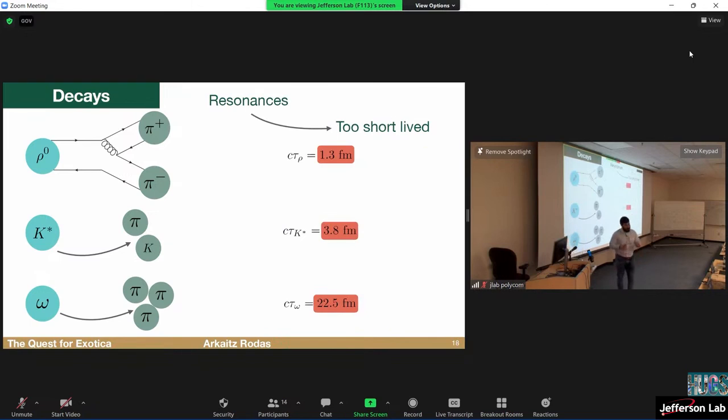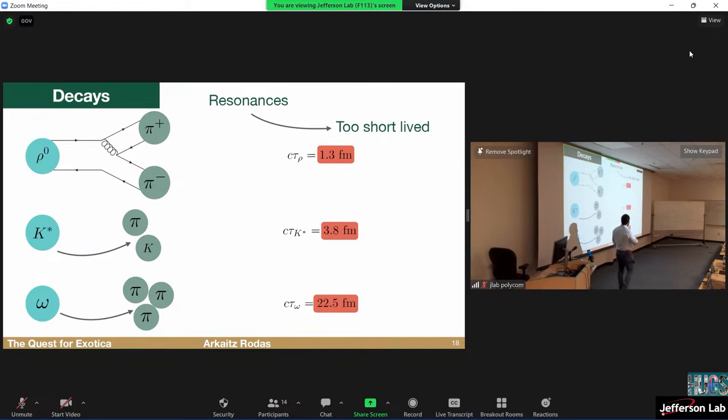Now, the problem is, we were talking before in the previous lecture about the distances that some objects travel, right? Well, these are the distances that these objects travel in the laboratory. So, if you are able to build a detector of the size of the travel distance of these guys, give us a call. Okay. The problem here is there is no way we can see these ones. They are not particles that are stable under QCD. They decay through strong interactions. And so they are called resonances because they are not stable.